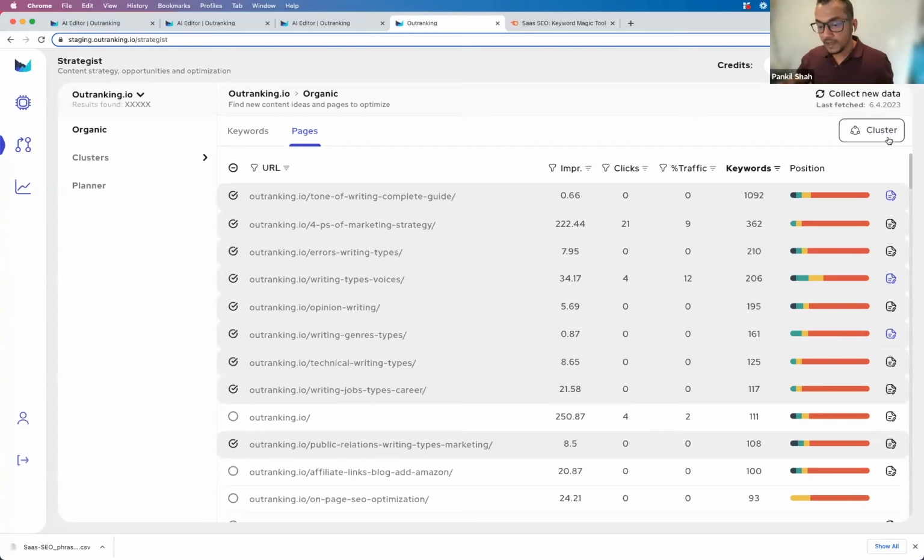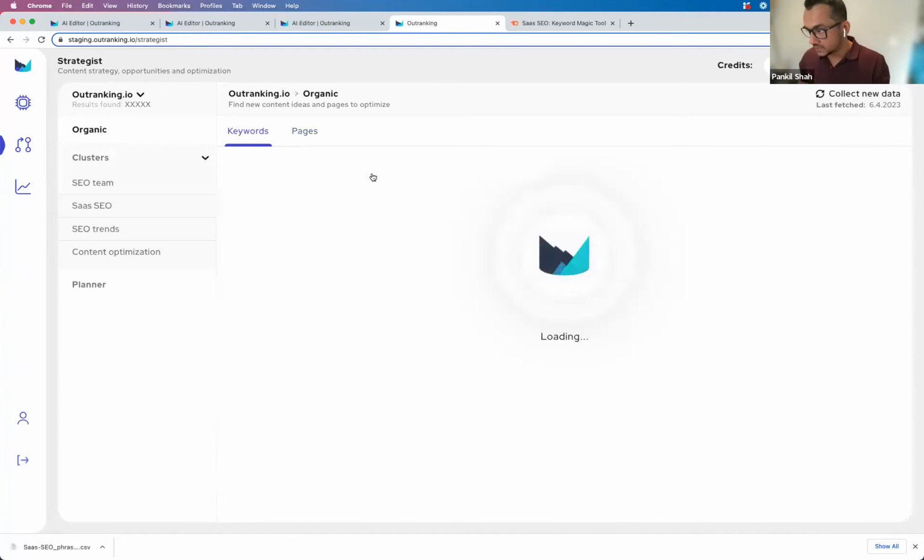If you do that, then you know exactly which new topic ideas you can create and which topics are for your optimization. That's a new capability that we've added over here, and you can take it down into your cluster. You can also refetch your data every 30 days over here, and no other tool is doing this.